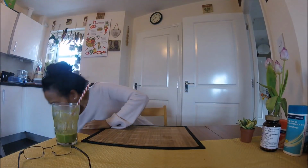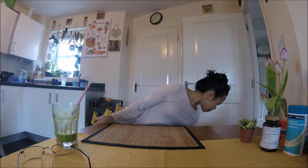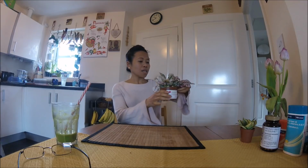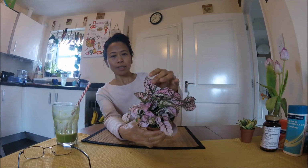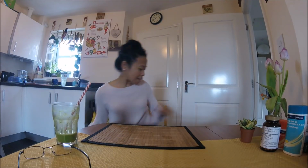and the fifth plant is another Hypostas, but this one, it's got a pink splash of color on the leaves. So there's that. And then